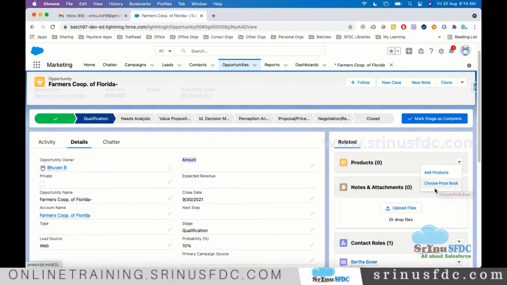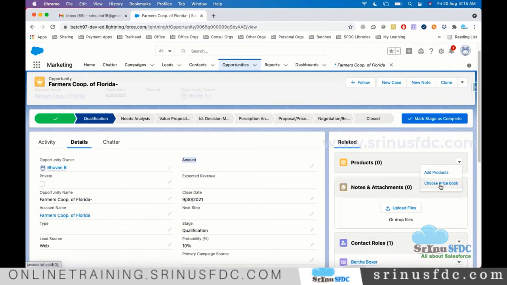And also here you see the price book. The purpose of the price book is, let's say if you take one product, the price will be different in different states and different countries. For example, a Dell laptop: the price in US is different and the price in India is different. The price in US is less when compared to India.